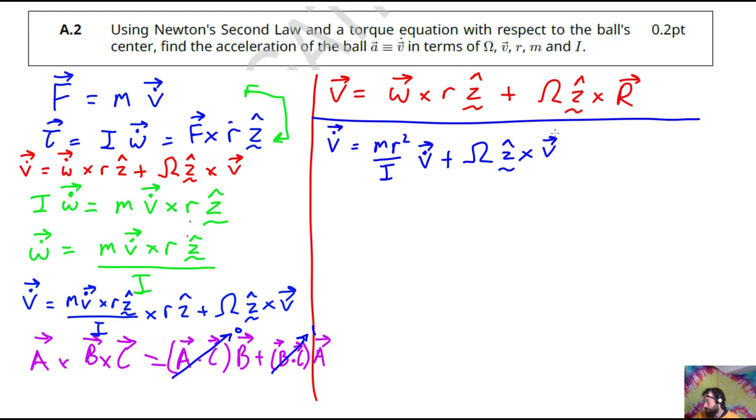Now what I'm going to do is bring that term to the other side and factorize it out. Sorry, please note I've made a small error. The formula has a minus sign here. I apologize, that should be a minus, which means that this gets a minus. Now if we bring this to the other side and factorize it out, we can divide both sides by the scalar, and we get